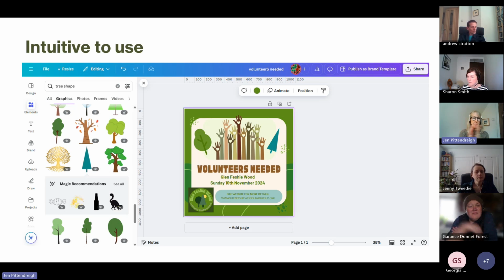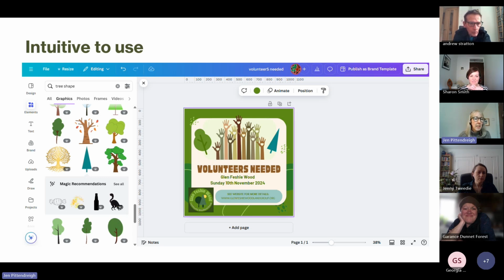This is just showing you the left-hand side of a screen. So you've got a range of options there. See if I move my cursor, can you see it? Okay, so you've got a range of options down here. So for your design, you could go to that and it'll ask what you want to do. You can select whether you want to do an Instagram post or a brochure or a poster or make a film or whatever. For the basis of this wee example, I thought I'll just do an Instagram post because I quite like square posts.